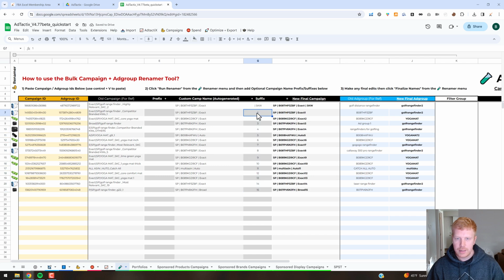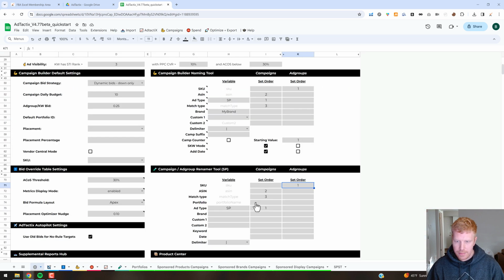What's nice about this table is you can drag stuff down if there's similarities. If you want to add a space to the end, something like that, and that'll just expand that. Prefix, it's pretty self-explanatory. Say you forgot to add the brand name, add a space. Now it's got the brand SP. If you want to add the date, you can put the date in the suffix. There's also a date field in the settings. I didn't add that automatically, but